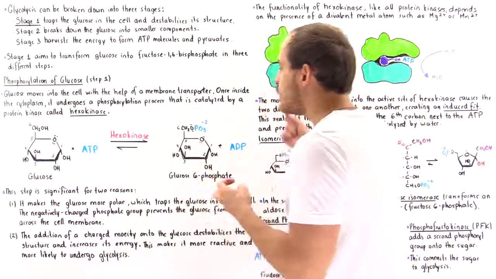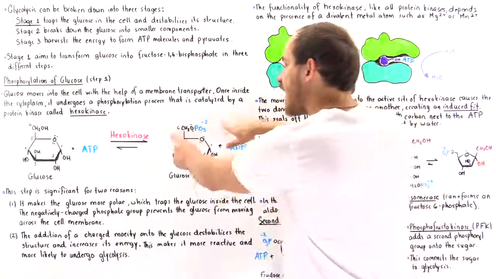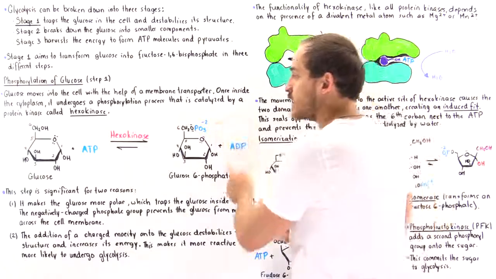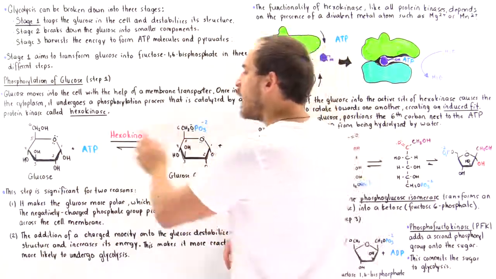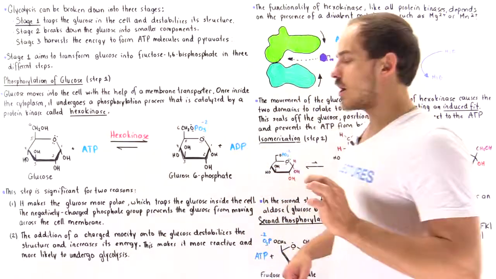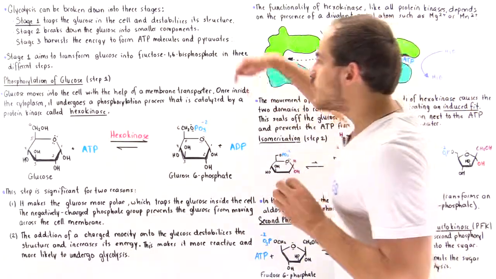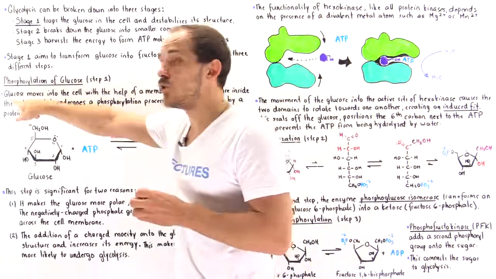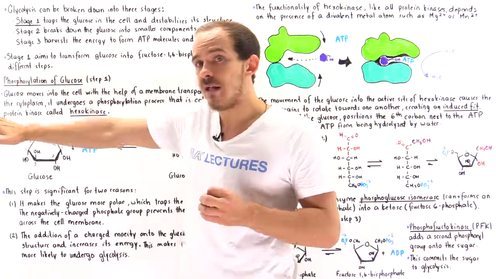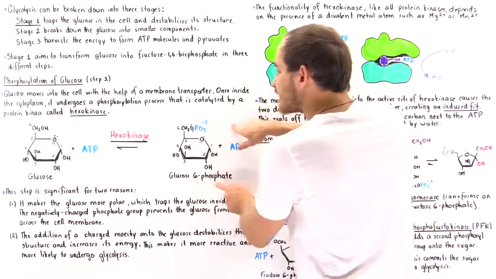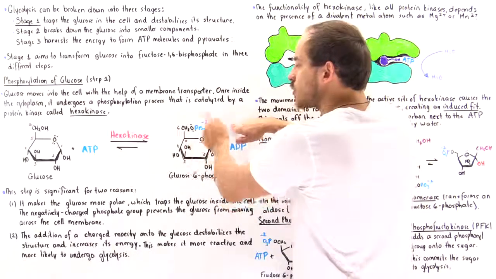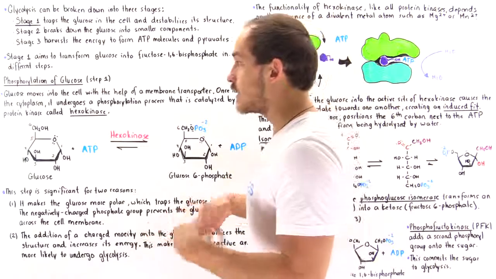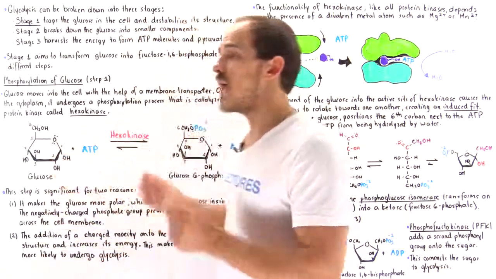So what we do is we basically make it much more polar because now it contains a full negative charge. In fact, a negative charge of 2, whereas in this case, it wasn't as polar because it didn't contain a full charge. And so what that means is those membrane transport proteins that were able to actually move the glucose into the cell or out of that cell cannot bind the glucose 6-phosphate because of this charged component. And so these glucose 6-phosphate molecules cannot leave the cytoplasm, cannot exit the cell, and that means they are trapped